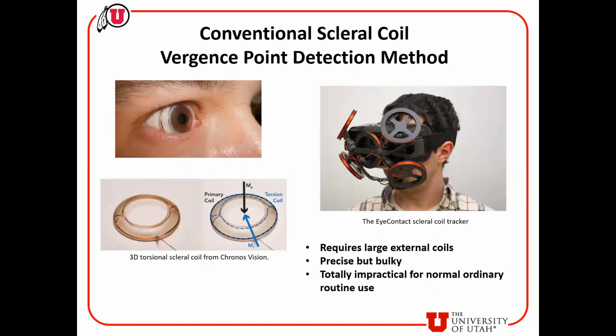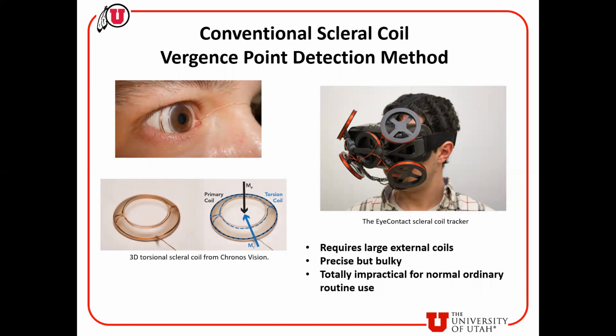The spiral search coil method is based on the placement of thin coils on the sclera of the eyes. Since we are implementing a distance sensor on contact lenses, this is a natural method applicable to our system. The angular orientation of the eyes and scleral coil can be determined by measurement of the magnetic coupling between a set of external coils and the scleral coil. The best way to understand how this works is to look at the system of coils and angle-dependent transform. The spiral coil systems available commercially typically require very large external drive coils, as shown in the EyeContact VR system on the right. This method of angle measurement is well known to be precise, but obviously totally impractical for routine daily, always on use.